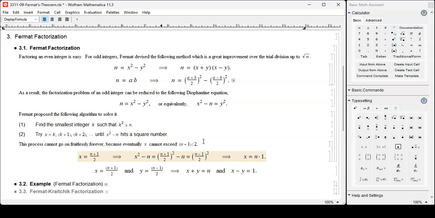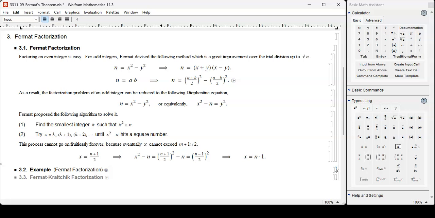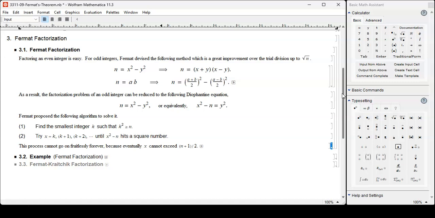If it is a composite, then at some point it'll have to hit a square number. X squared minus n is a certain square number. And checking whether a given outcome is actually a square number or not is going to take a lot of effort, yes. But compared with trial division, it's better, according to Fermat's